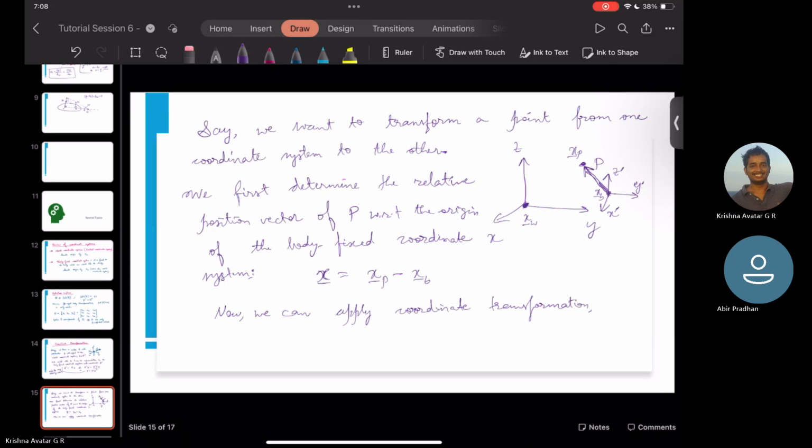So it will be X vector prime is equal to R into X vector, right? So this implies that X vector prime is equal to R into XP minus XB. And this can be written as R XP vector minus R XB vector. And we can also write this as R XP vector plus